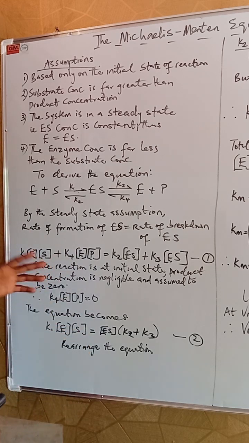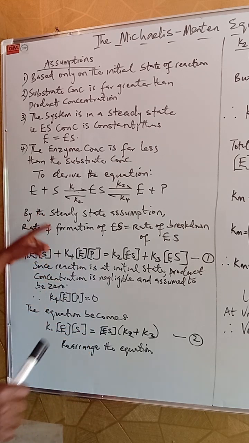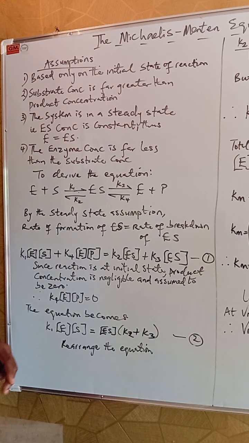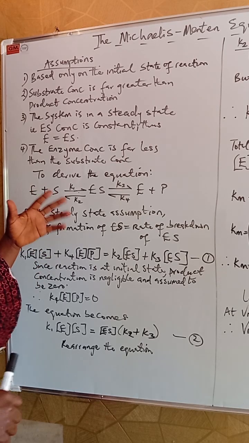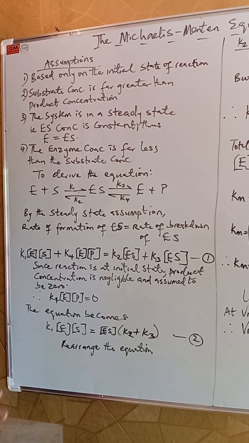Now, the first assumption we're going to be employing to derive this equation is the assumption of steady state. If we are saying that the enzyme substrate concentration is constant, it means that the rate of formation of this ES complex must be equal to the rate of breakdown of the ES complex. In that case, if we're going to